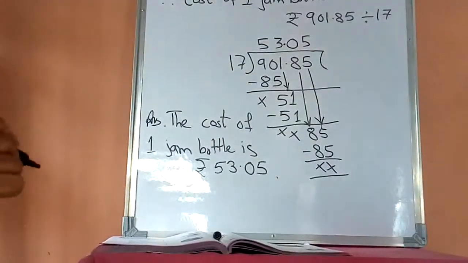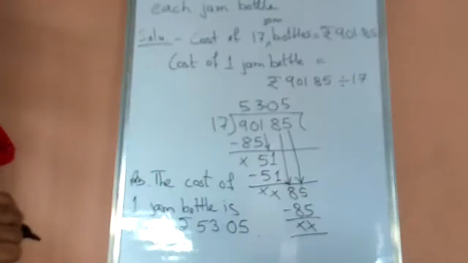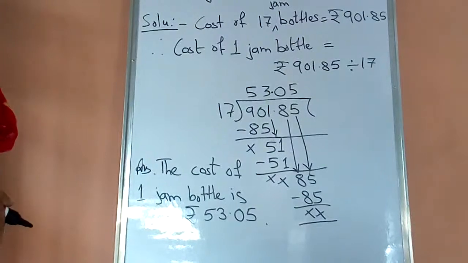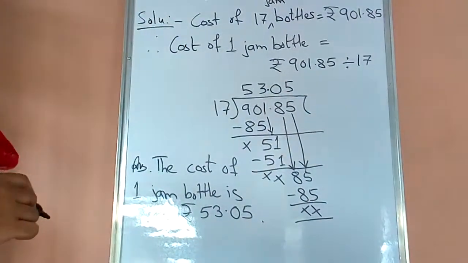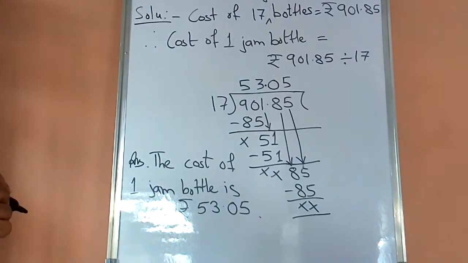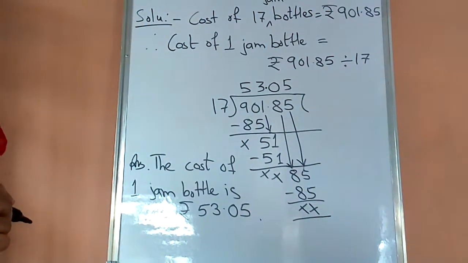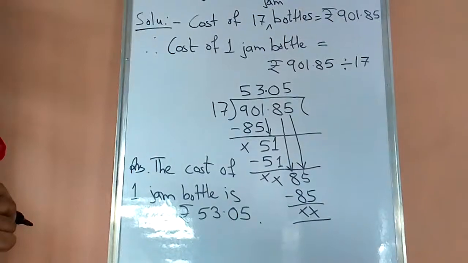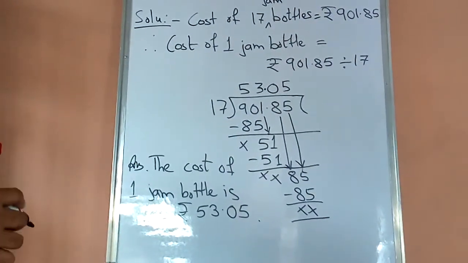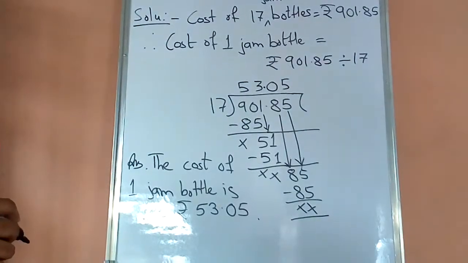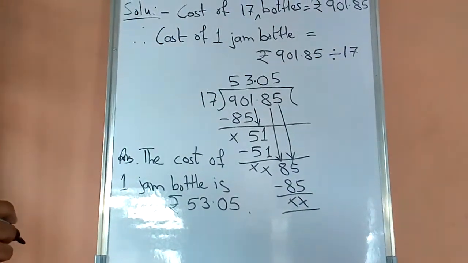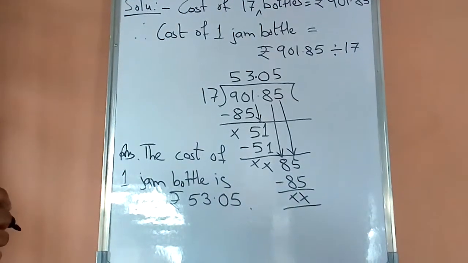We have revised. And one more thing I want to tell you, one of my beloved students has told me that she is not able to see the board. So kindly, if you are facing this type of problem, zoom the board. Then the handwriting will be clear to you. I'm trying to write it, but still my board is small, so that's why I'm writing like that. But if you are not able to see, zoom the whiteboard.